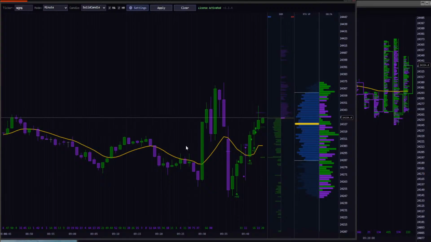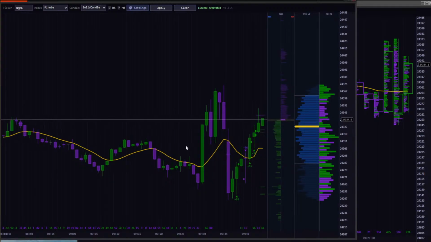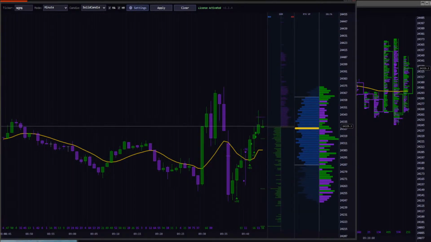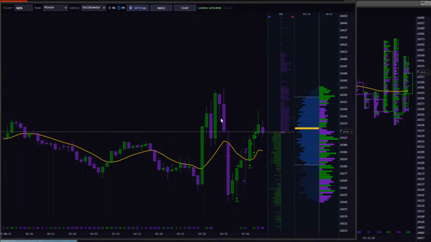I am really sizing down. I am not trading a few minis, because of the market conditions we're in. Earlier at 8:49, it said there's some weakness up in here, so you might want to try and